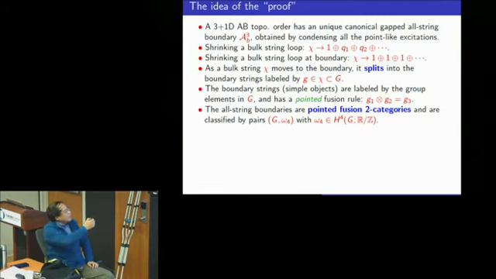So a topological order with strings only has to be trivial; the strings have to be trivial. Okay, and that also means that you can condense the particles to form a boundary to the trivial phase, because condensing every particle gives you a trivial phase. So you can condense all the particles to get a boundary which connects to the trivial phase. And this boundary will be the string-only boundary. We call it the all-string boundary or string-only boundary. So every 3-dimensional topological order has a string-only boundary. This is basically the key observation. And from here, we can get everything.